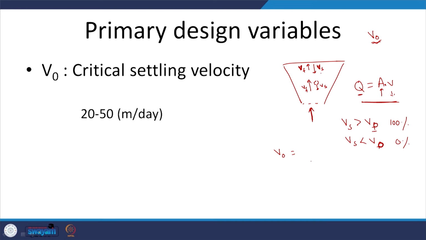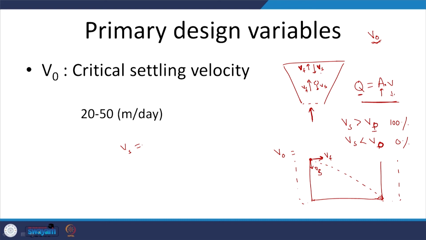But what about our horizontal flow? In this case, this is the settling zone, this is the inlet zone, this is the outlet zone, and we are only concerned with the settling zone. My particle is coming through here. My assumption is that if the particle settles by the time it reaches here, I am fine. So the particle will be under two vectors, the horizontal one and the downward or vertical one. This is due to the settling, and this is due to the velocity of the fluid. Let's see what is the critical one that's required.